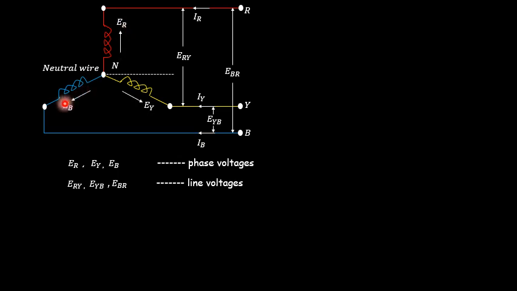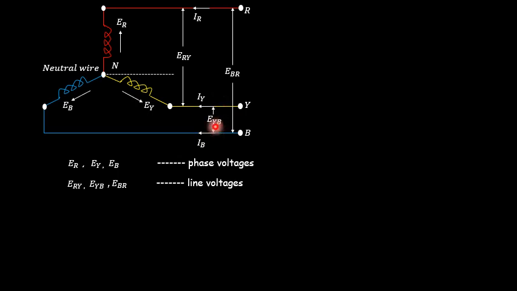here if you see, ER, EY and EB will be called phase voltages, represented for each individual color, what you can see over here. Whereas ERY, EYB and EBR are nothing but the voltages which we represent in between two distinct lines. So if I want to represent the line voltage between the line R as well as Y, it is represented as ERY. And if I want to represent the voltage in between the line